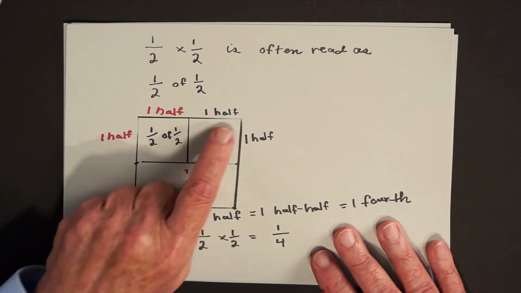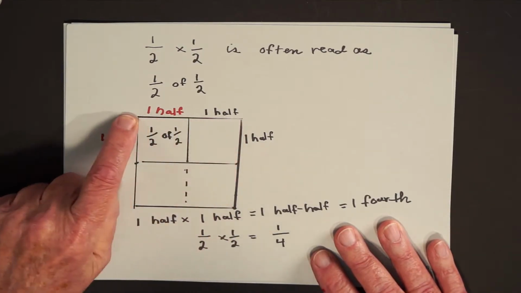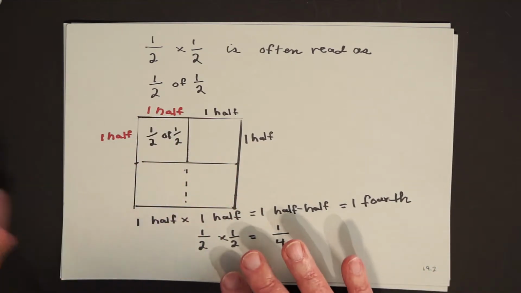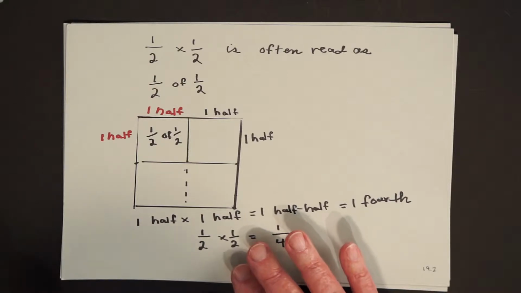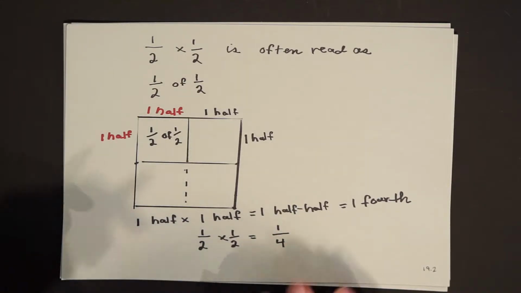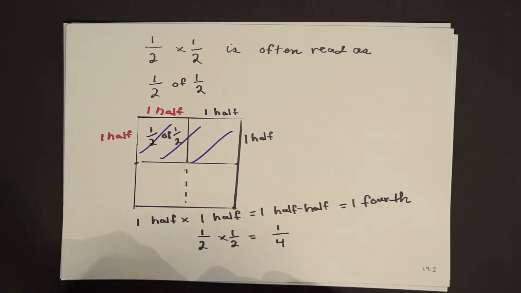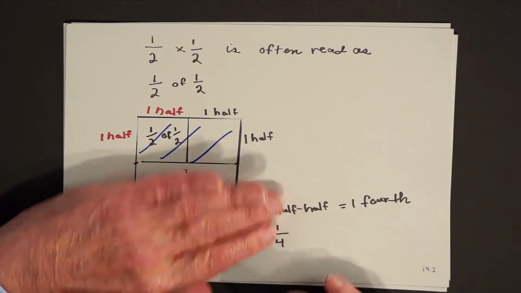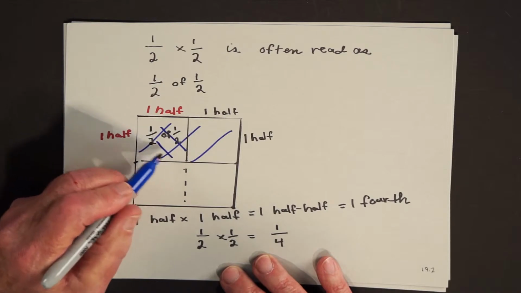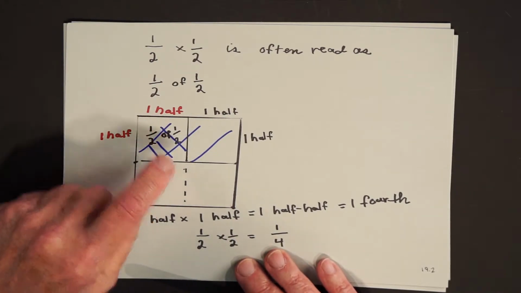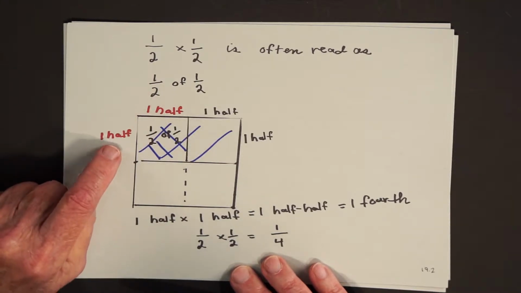Let's suppose we call this 1 unit. So we divide that unit in half this way. So now what we have is this much. That's the half I'm taking. And now what am I going to do? I'm going to take half of this. And what that shows me is I've taken half of 1/2, which is this,